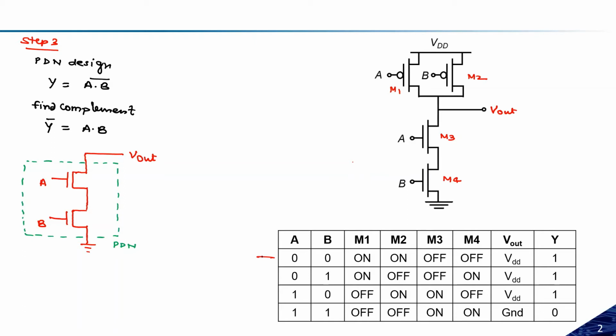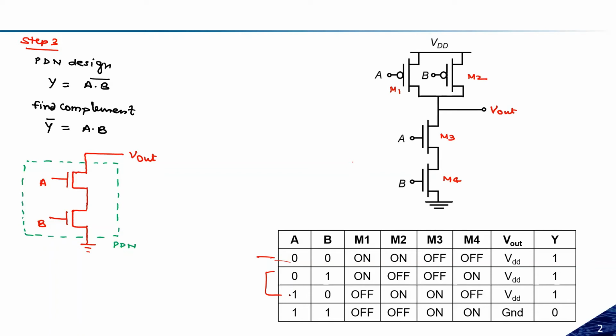This first case is saying both the transistors M1 and M2 will be in on state. If both the transistors are in on state, there will be some on resistance for M1 and for M2. Because both are in parallel combination, the equivalent resistance will be reduced. In the other case, we will have a single resistance. So the charging time constant will be different for the 0-0 combination than for the 0-1 or 1-0 combination.